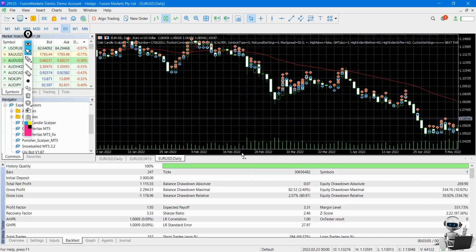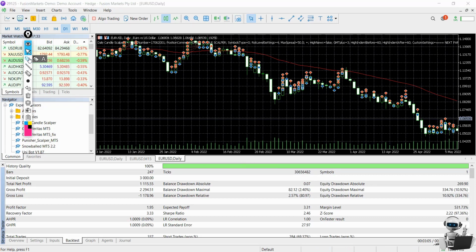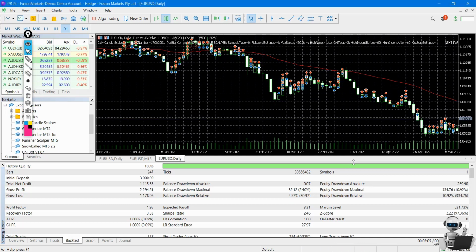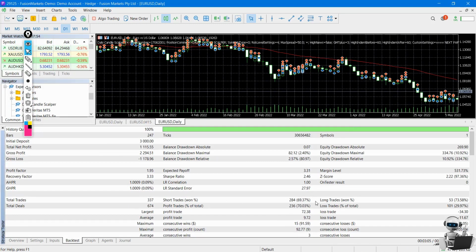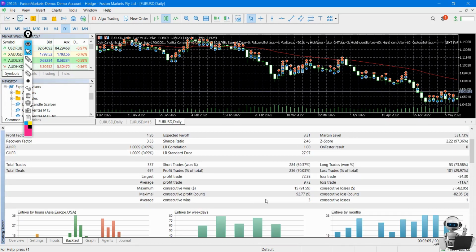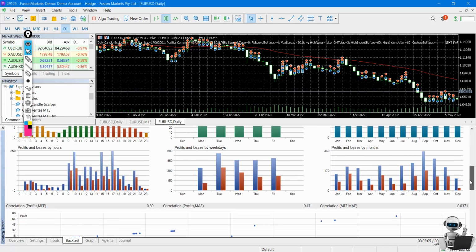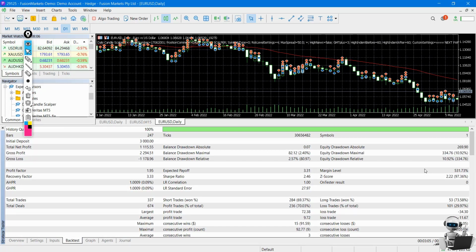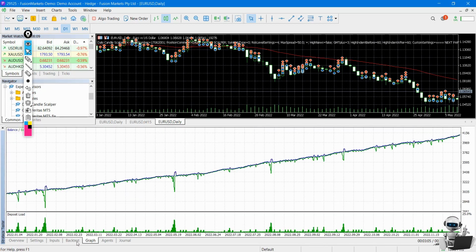So for the backtest, we can see it didn't make that much profit, because perhaps the lot size is low, and it only made 1000 US dollars, but the drawdown is only 10%. So it's like it is making 5 or maybe 7% a month. And we can see the backtest is not that bad. It is kind of similar to the live result we have and everything is nice. However, the profit is not that good, at least in the backtest perhaps, and of course the risk will be higher. And I believe this is a good EA, but of course you have to be careful.